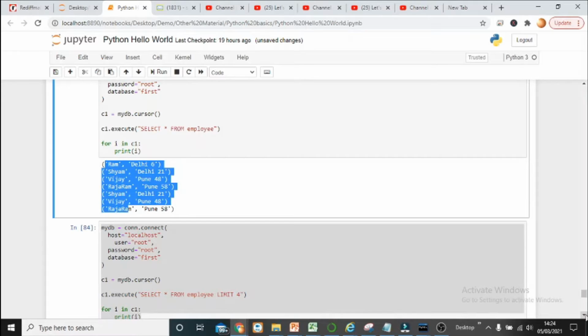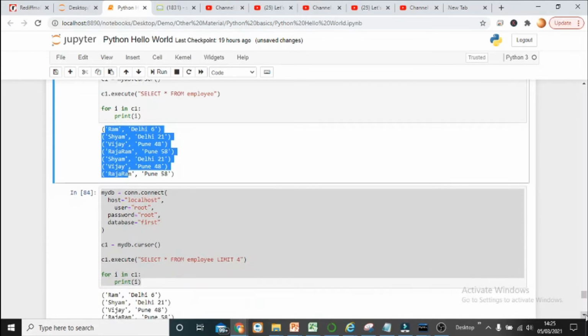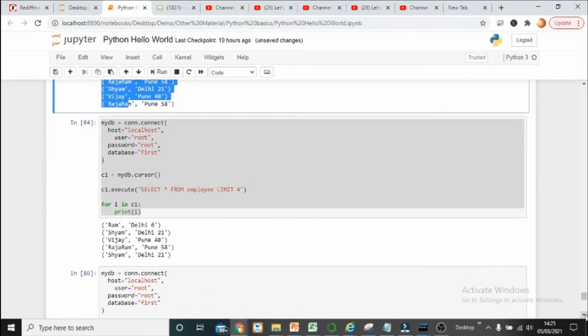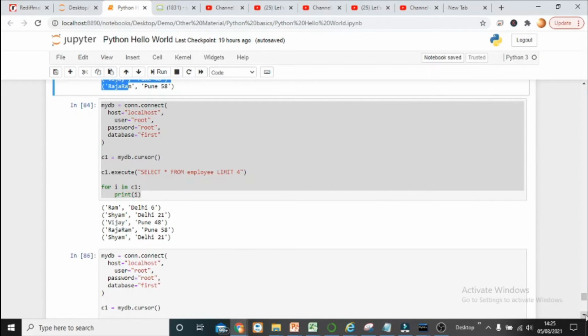In that case, all the records are going to be shown in one go, and everything will be all over the place. You will not be able to locate the specific record that you are looking for, or apply any kind of filtration you have in mind. So that's a problem. Now, how do we address it? If you want to extract only some specific number of records by running a query, then we utilize limit.